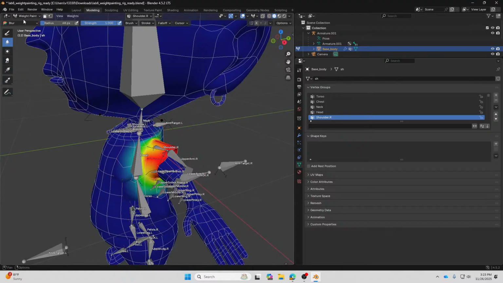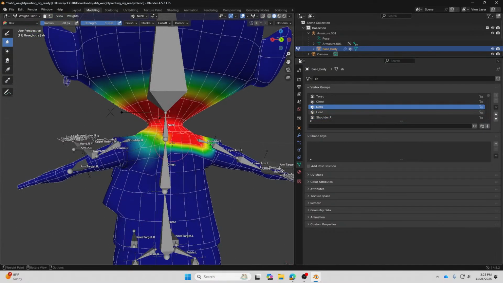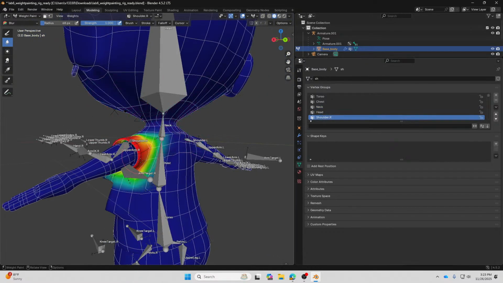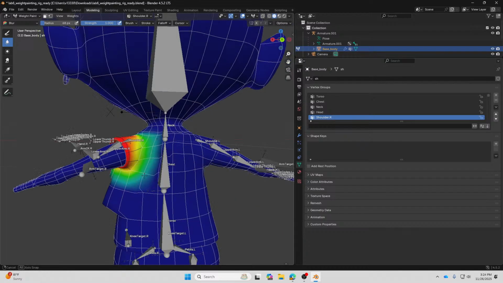So just keep in mind that between this geometry, you need a little bit of green and orange to be able to smooth them out.